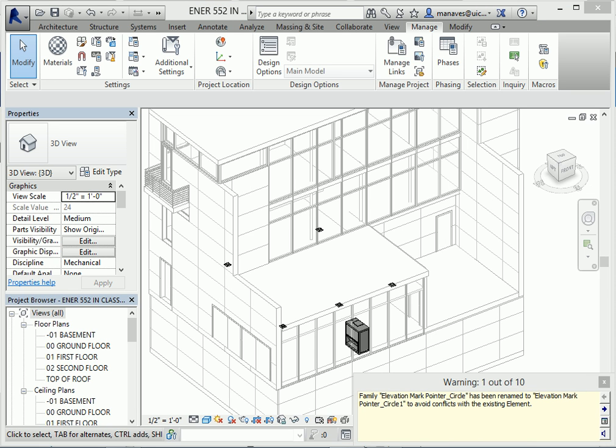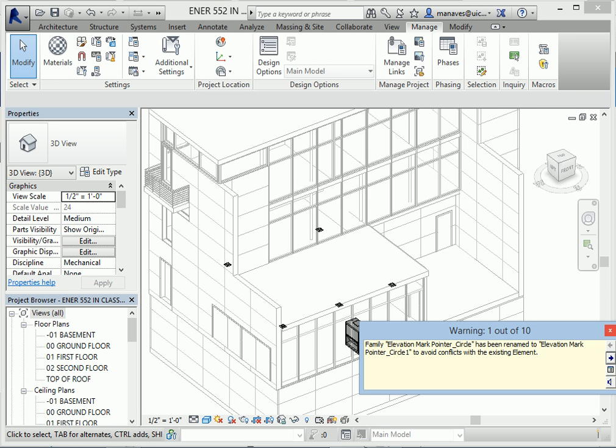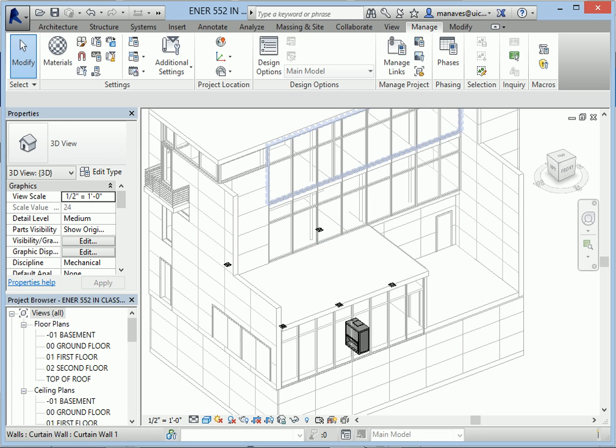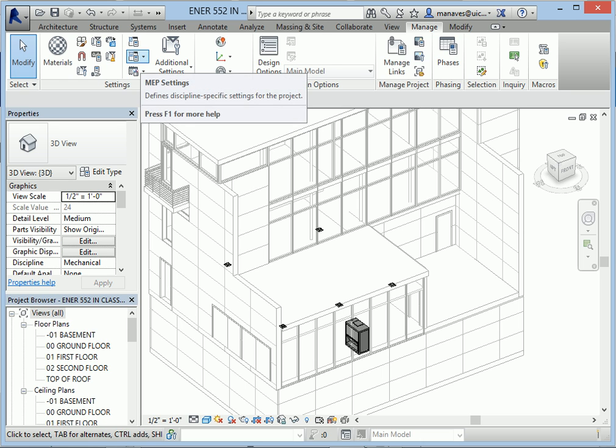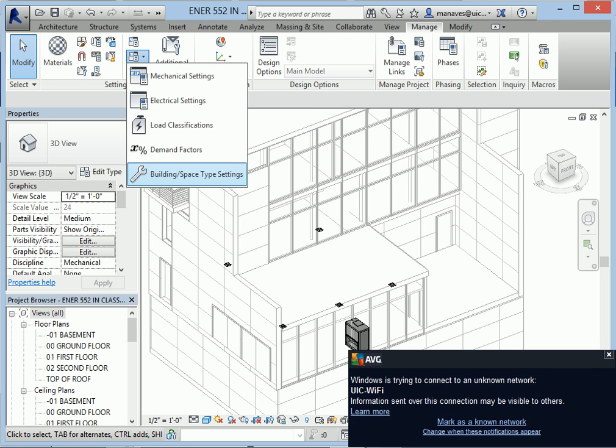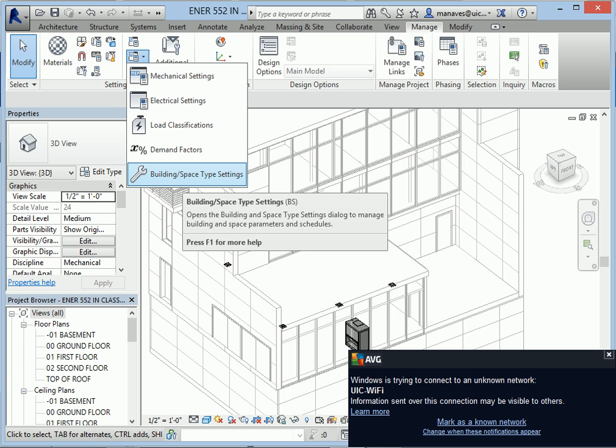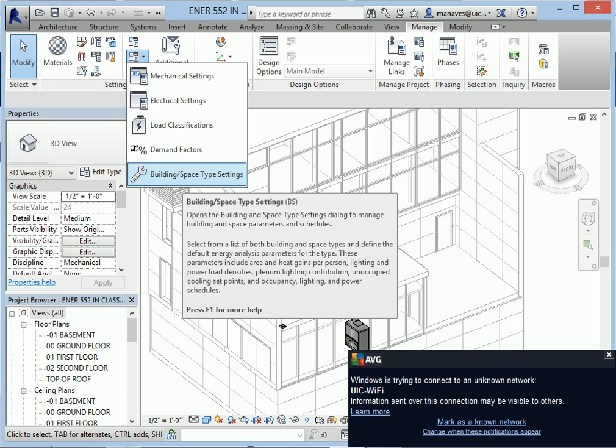Okay, so if you get some warnings here, just don't worry about it. It'll be fine. We're going to go to manage, and let's look at a couple of settings here. Sorry, I can't see them that well, but it's this right here. You guys have more toolbar space than I do. So we're going to go to the